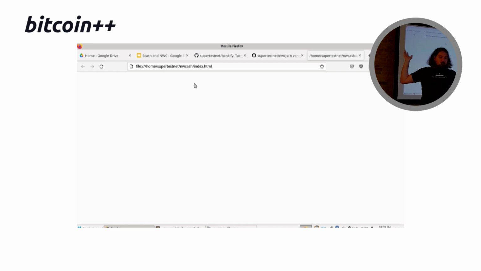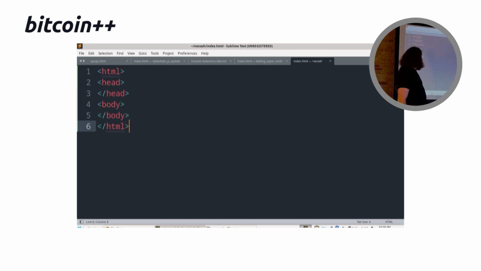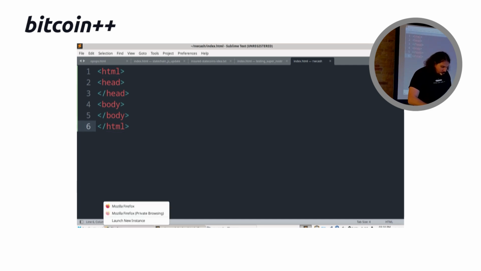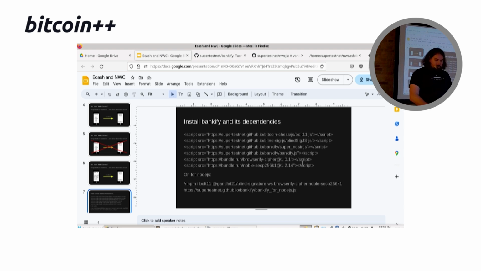But if you made a typo, you might. So make sure that you've just got 6 lines of text here. HTML head tags, body tags. Close the HTML file. Everyone with me? Cool. So now let's go back to here, and we're going to import these dependencies so that we can do